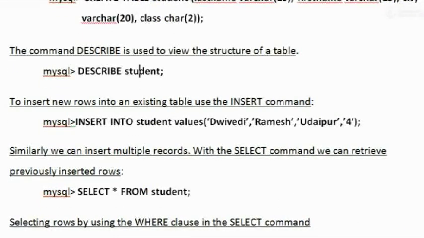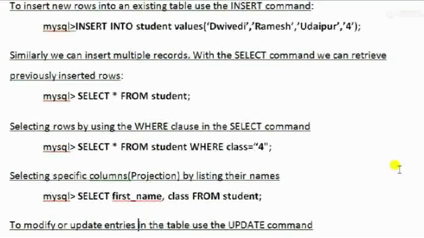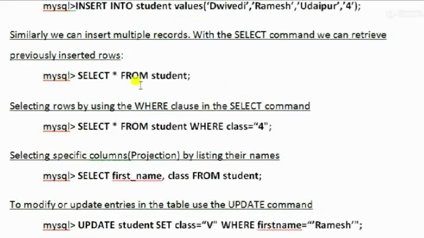Now display. Now we want to display the records. How can you display? The command starts with select.